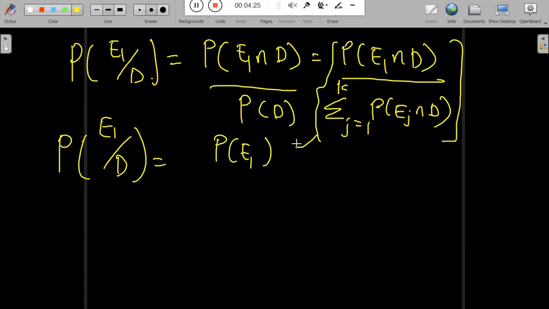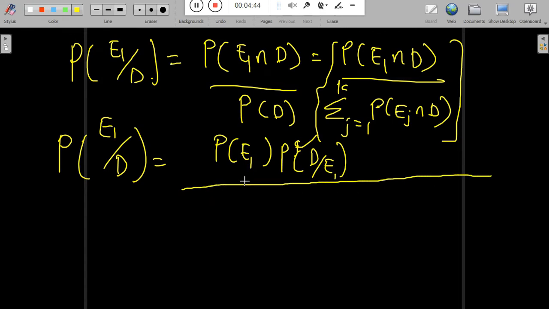When we apply the multiplication rule, the probability of event 1 intersection D is equal to the probability of E1 times the probability of D given event 1, as we observe,